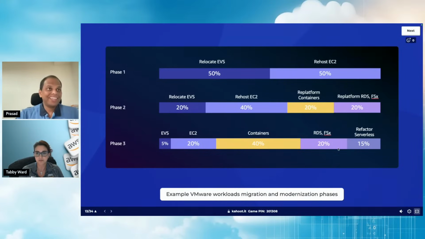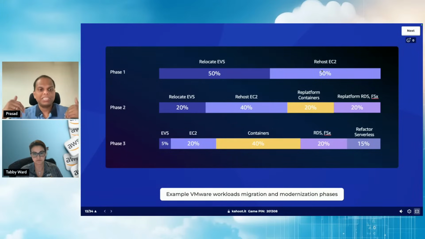Yeah, cool. Thanks. Exactly. So as Tabby mentioned, obviously these numbers are just an estimate. Exactly, just an estimate. Think of this as more of an X and a Y kind of stuff. But depending upon customer to customer, what we have seen is that if they are fully on their VMware, then while migrating, there might be some workloads which, because of XYZ reasons, cannot be migrated to EC2 directly, and they might be having tight timelines in terms of data center exit or something like that. In that case, VMware to VMware migration with EVS on AWS would be the faster, but there might be few workloads which can be easily migrated to EC2, so that can be the split.